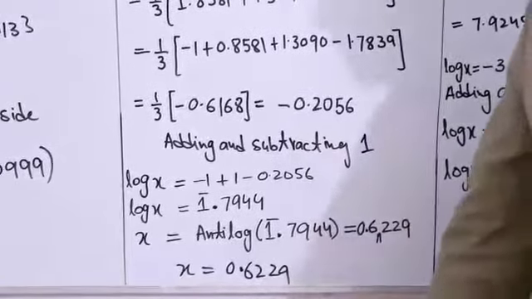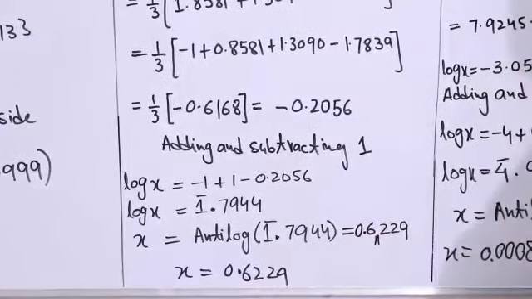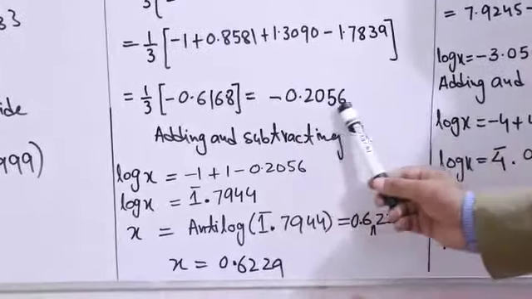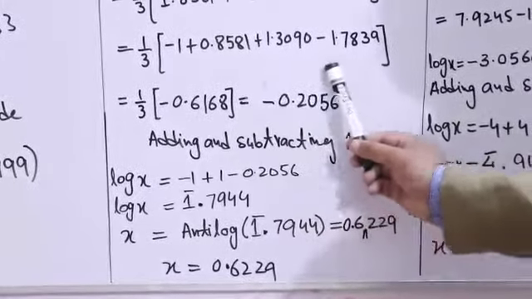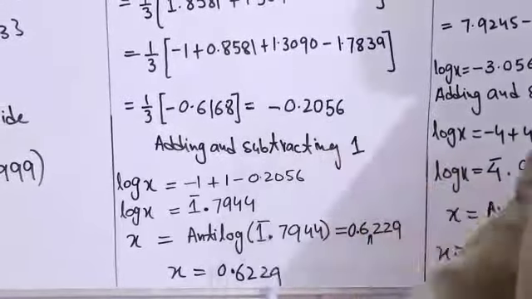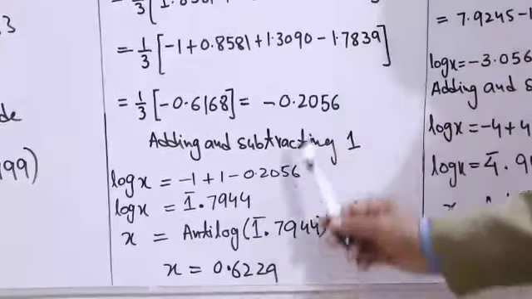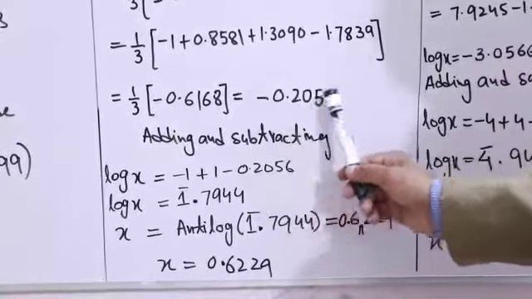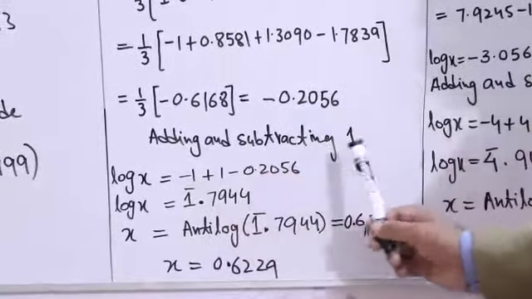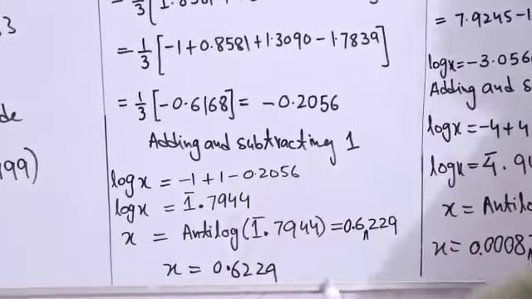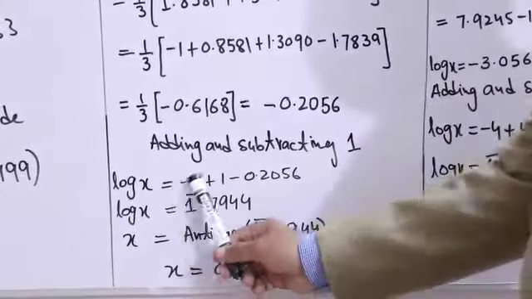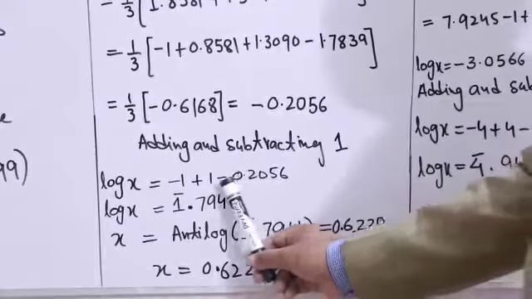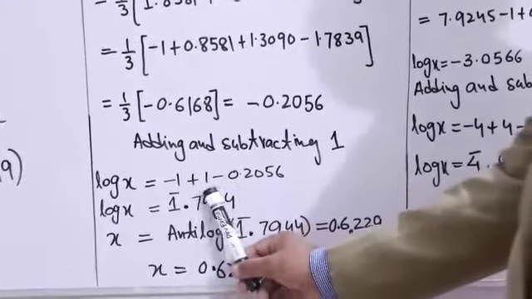0.2056. Now this must be positive when we have to calculate the anti-log, this must be positive. Here it is 0. So to make this positive, we just add and subtract 1. So minus 1 as it is, just plus 1 and this, just write plus and subtract this value. Then you will subtract this, we are left with